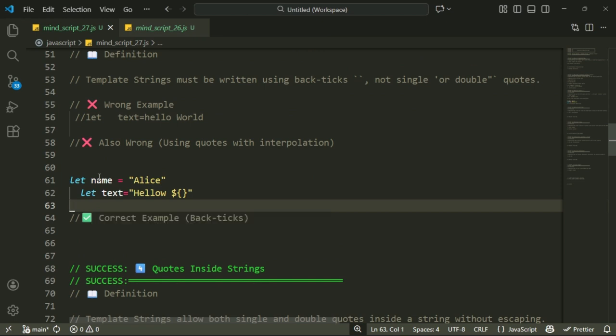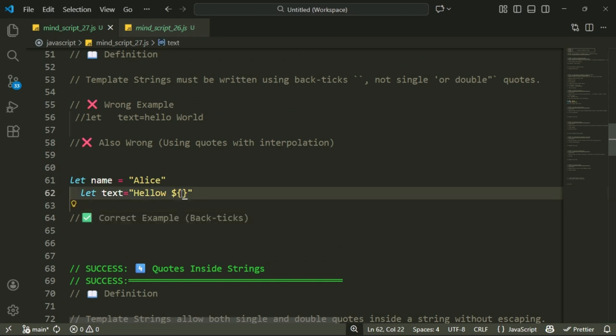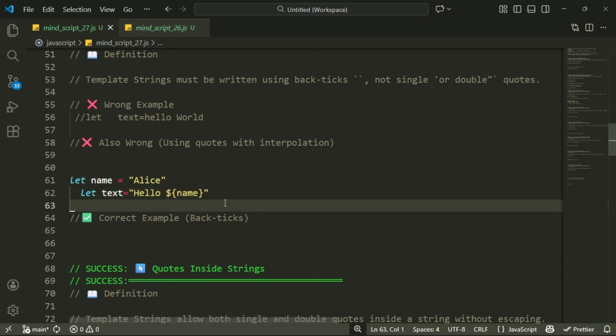I want to put this name in the curly braces. So tell me guys, is it correct or not? Okay, this is wrong guys,